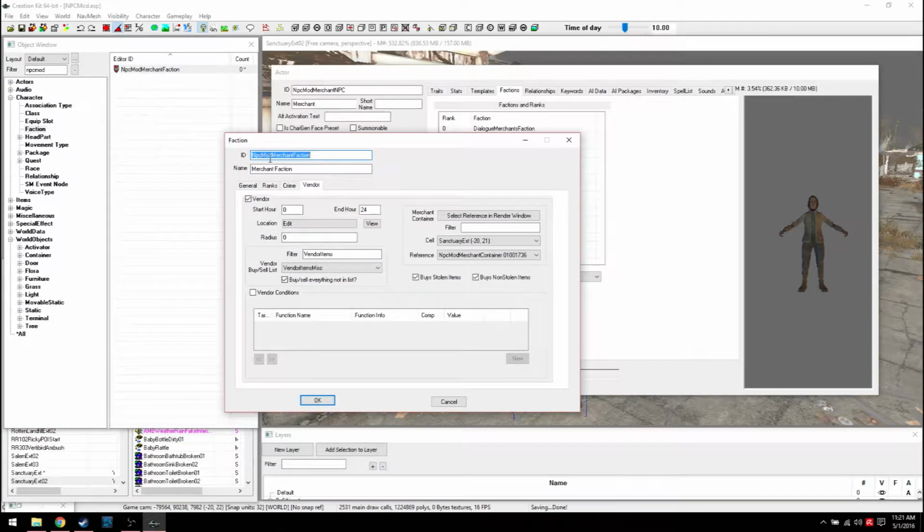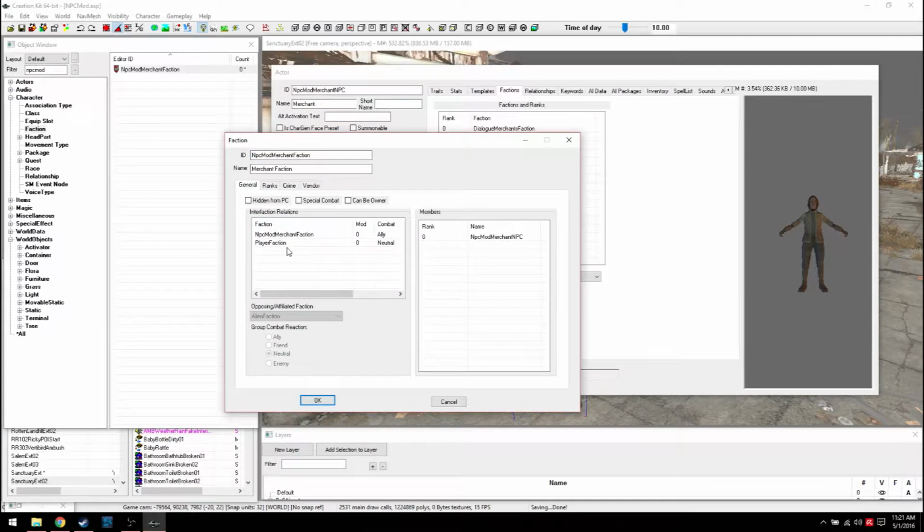Of course, prefix your mod and end with what it is. It'll just help you out. It doesn't matter what you call it. It'll start here in general. Factions are how they interact with other factions in the game. So they're neutral to the player, and they're allies to any other merchant in the game that you're going to create. You can add more if you want, like crime,